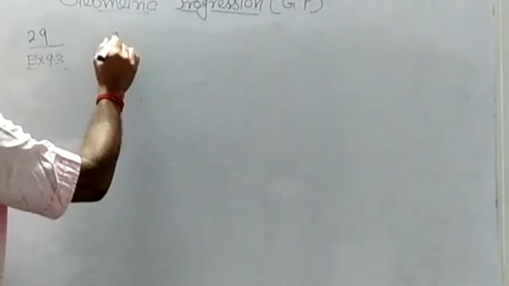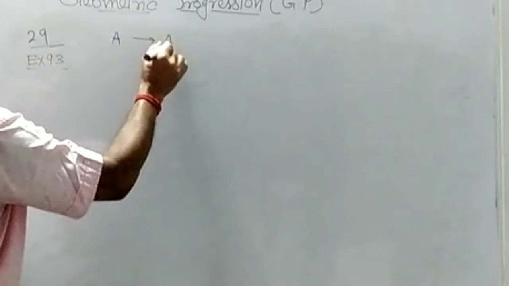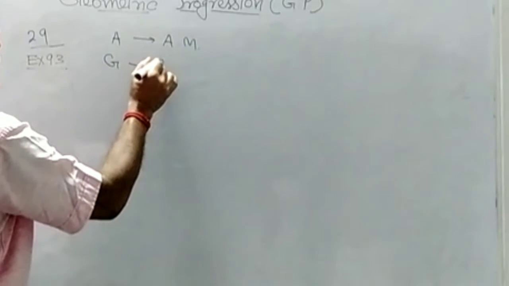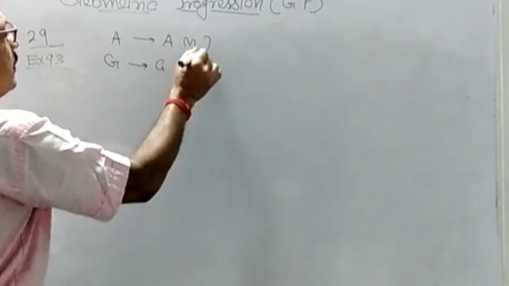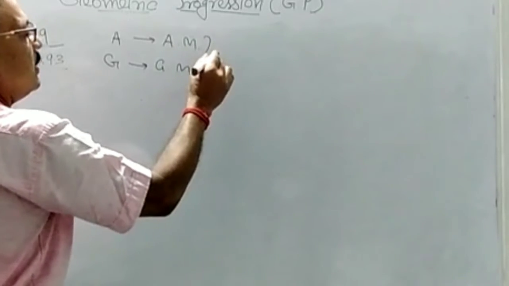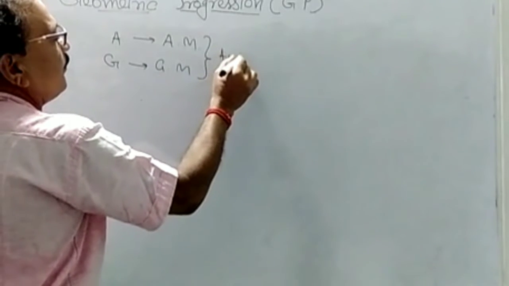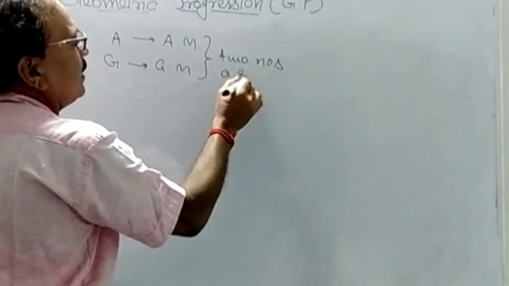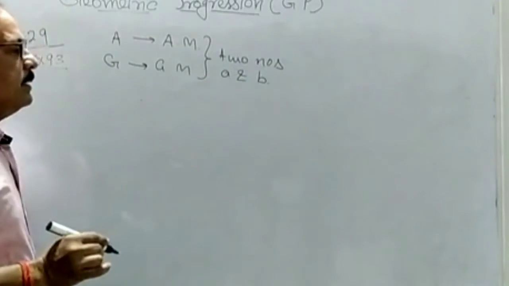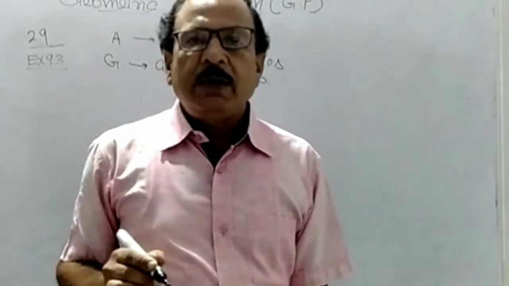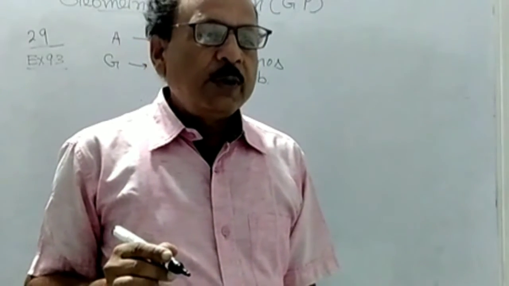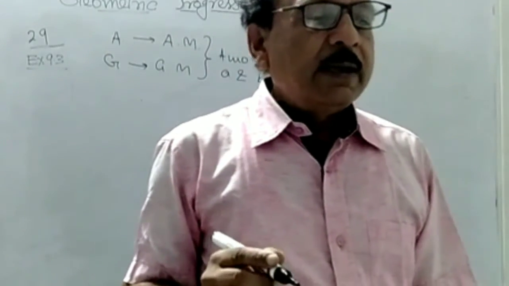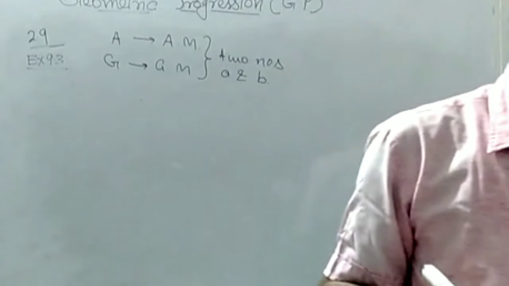A is the arithmetic mean and G is the geometric mean between two numbers a and b. A and G are the arithmetic mean and geometric mean between the two numbers a and b. Then prove that